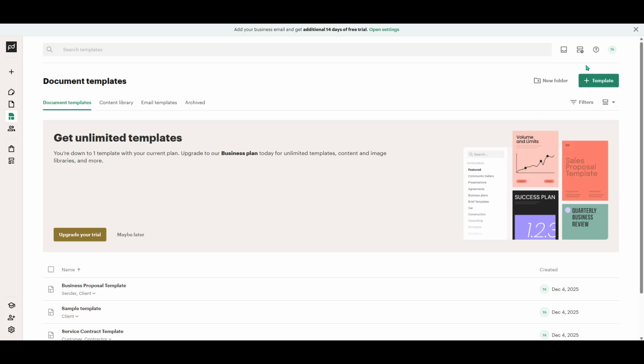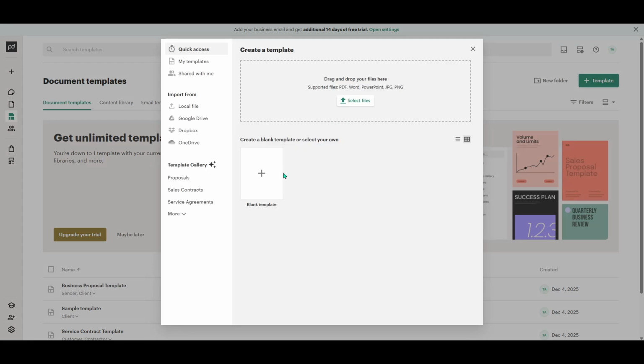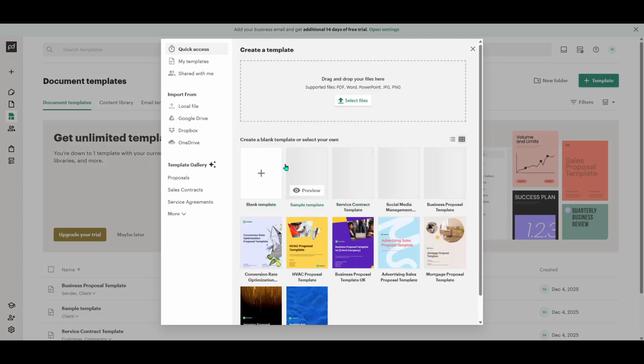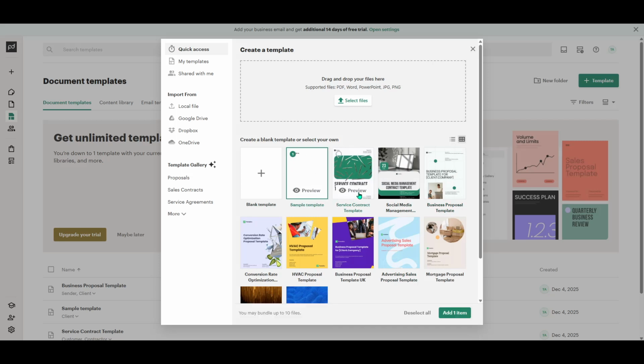Now, head to the top right and click the plus icon to create a new template. This is where you choose how you want to get started. You can build your template by using another template as a basis, start from a completely blank template, or upload your own document. Using an existing template is great when you already have a strong layout and just need to